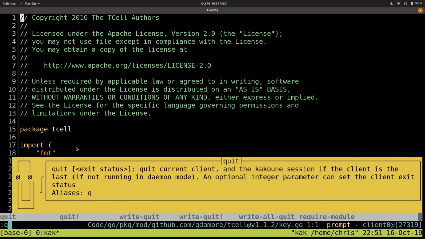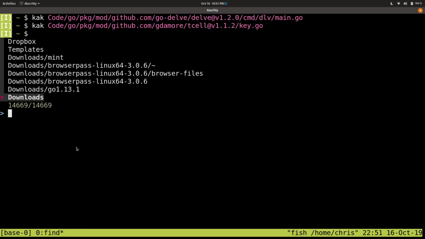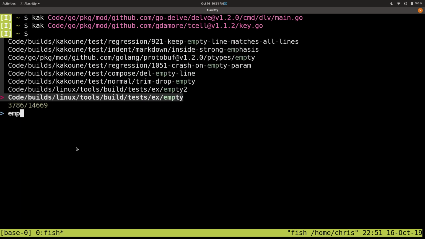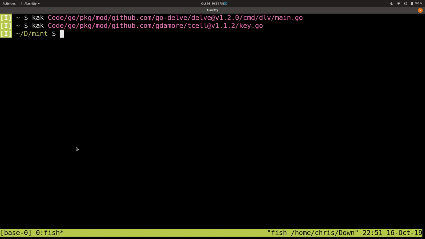FZF can also be used for changing directories. So if you need to go somewhere for the first time, you can integrate the FZF capabilities into your shell. And for me, it's Alt-C. I don't know what it might be for you. And if we wanted to go to this Mint folder, we're here. So bam, that's a faster way to go somewhere for the first time. And once you've been somewhere for the first time, you never need to type the cd command again. So you're done. cd is gone. You don't need it anymore. I still use it sometimes for stuff like this, but